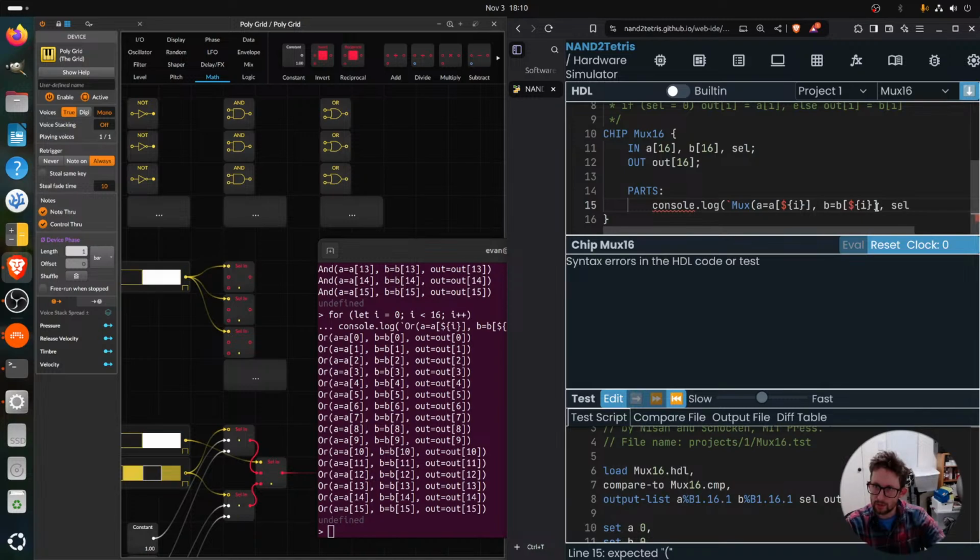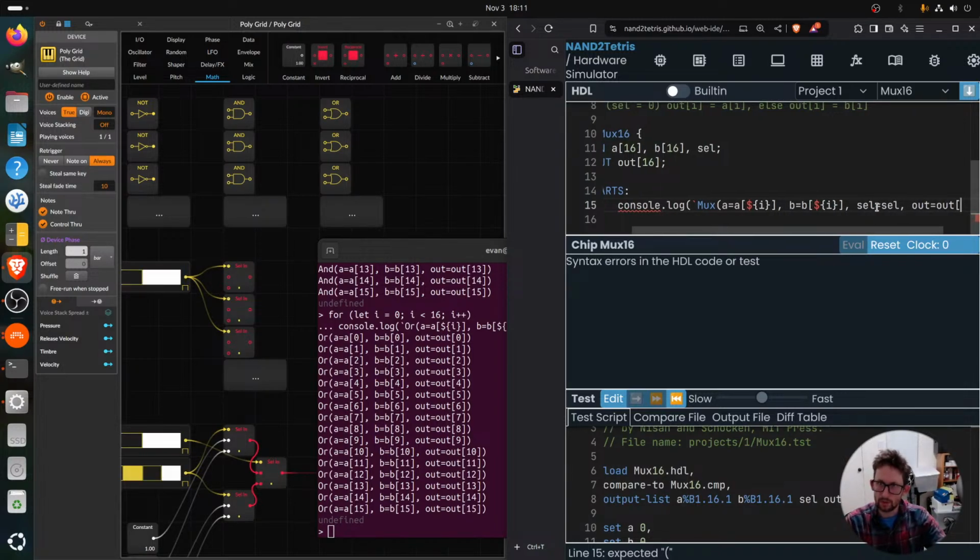I want select. I want my select to equal select, and then out to equal out,